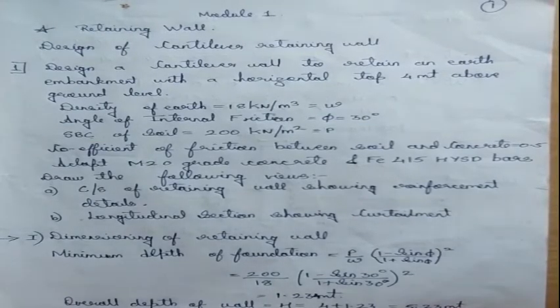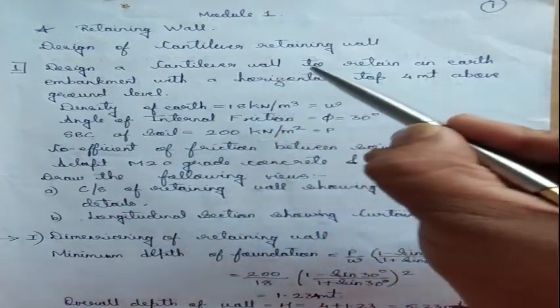Let us start. So we have the design of cantilever retaining wall. Now in the design concept of retaining wall, for some of the criteria we may require a shear key or we may not require a shear key. The retaining wall will have stem as well as heel slab and toe slab. All are to be designed. Let us see a design example.